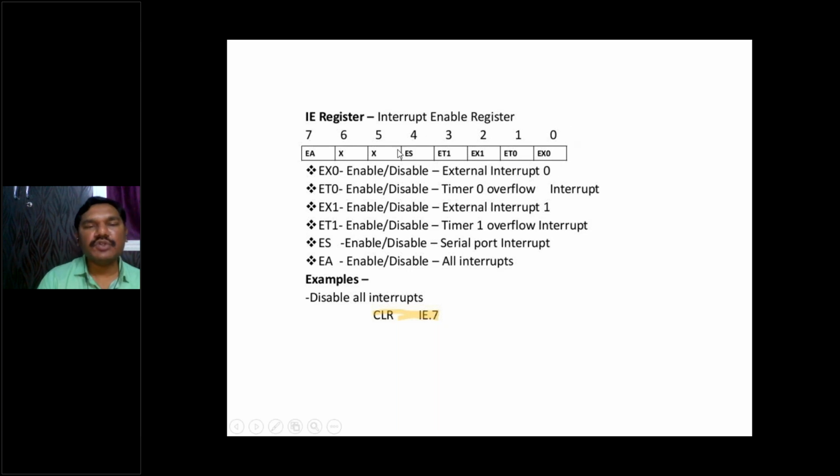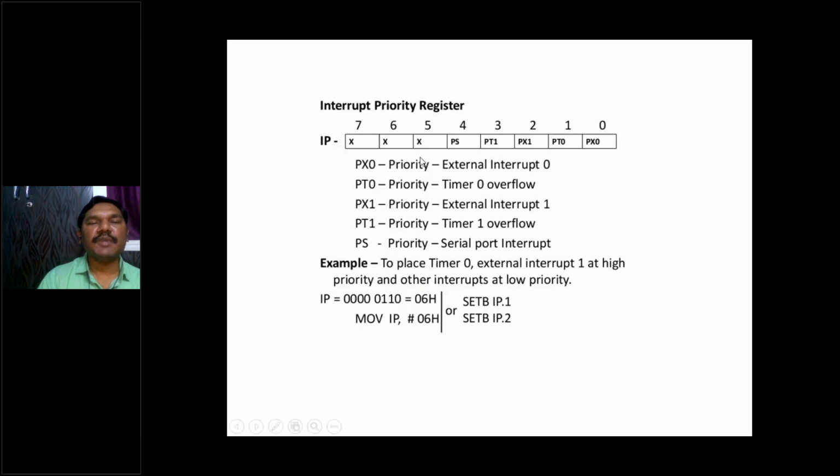So when I have 5 interrupts in total, on what basis do I have to respond? Suppose signals are coming from 2 or 3 sources, either ES, ET1 and EX0, which first do I have to serve? So I respond based upon the interrupt priority. By giving some priority, I can decide. So here PS stands for serial communication priority. PT1 stands for timer 1 overflow priority. PX1 stands for INT1 priority. PT0 stands for timer 0 overflow priority. PX0 stands for INT0 priority. So priority will be given here.